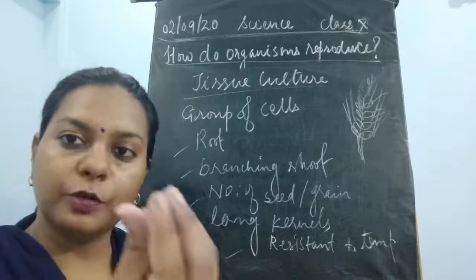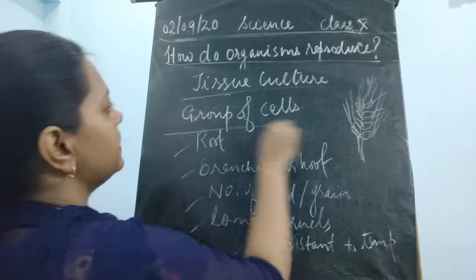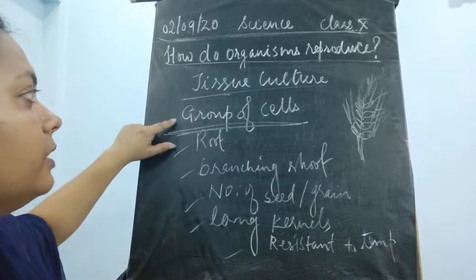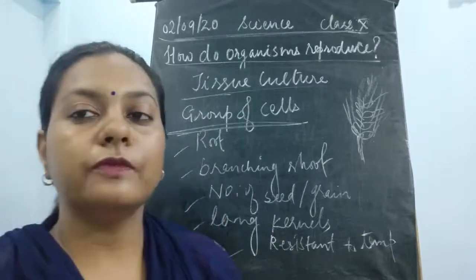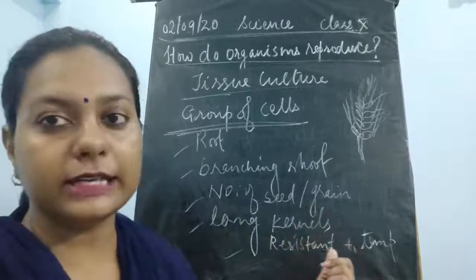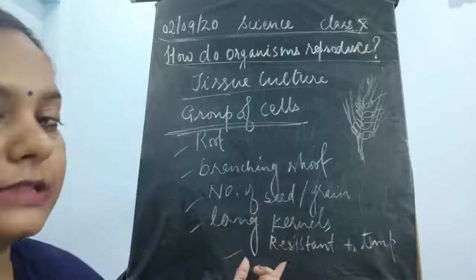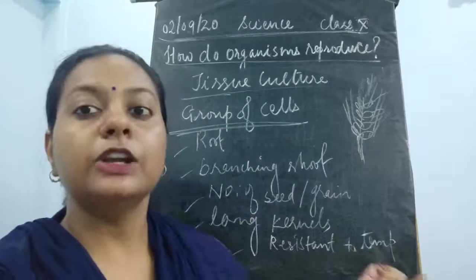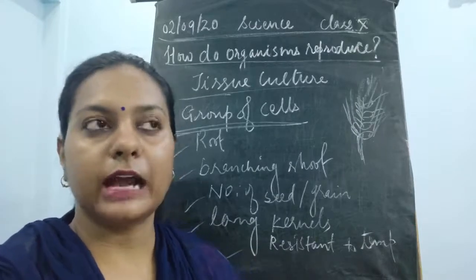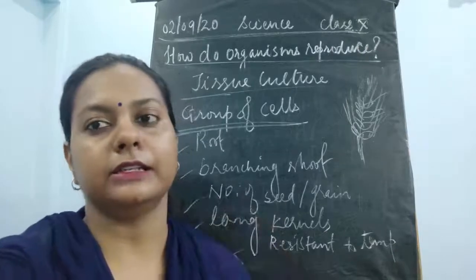Okay, we'll make a group of cells, and that group of cells is known as a tissue. So we will make a tissue of the desired characteristics which we want. It is not necessary to combine all these characteristics in one seed. You can combine 2 or 3 good characteristics in one seed, and it is not possible to combine all of them, because we are doing the work in an artificial environment where seeds are not being generated. We are generating the seeds in test tubes.